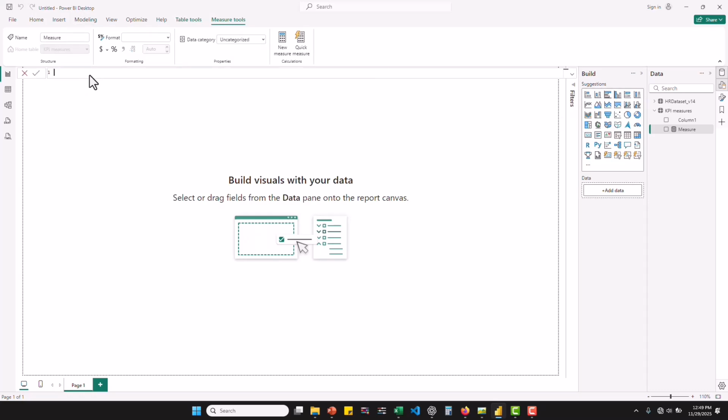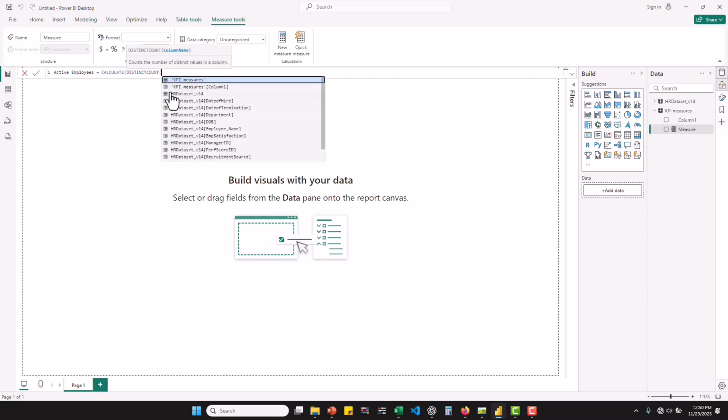Active employees equals to calculate. Yes, I'm going to explain this. Calculate, distinct count, employee name,